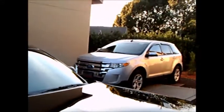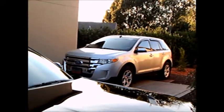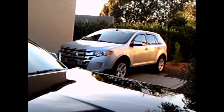And in the other garage is the 88, the white Mustang GT convertible. And there's the Edge, the 2014 Edge. So that's it. So I hope you enjoyed that. I think the car was a good buy, and I think I'll really enjoy